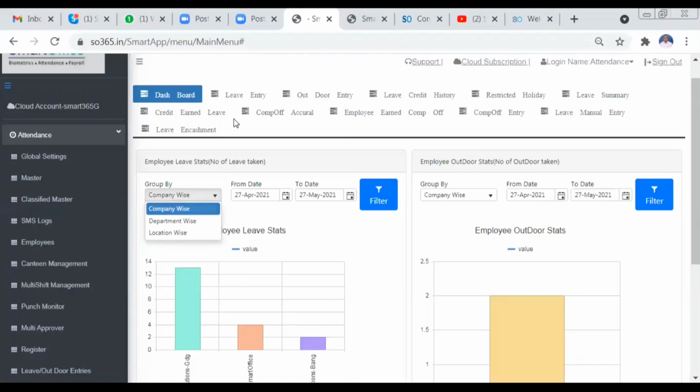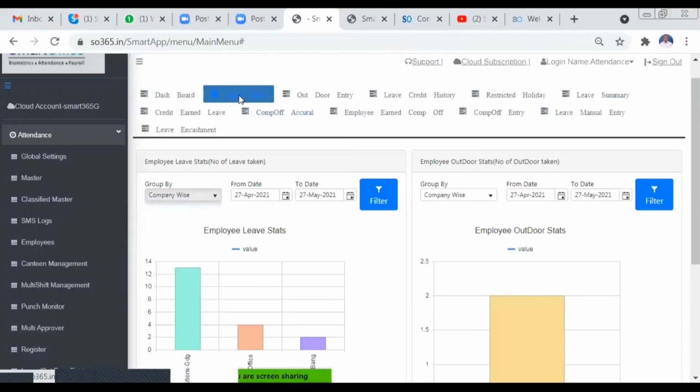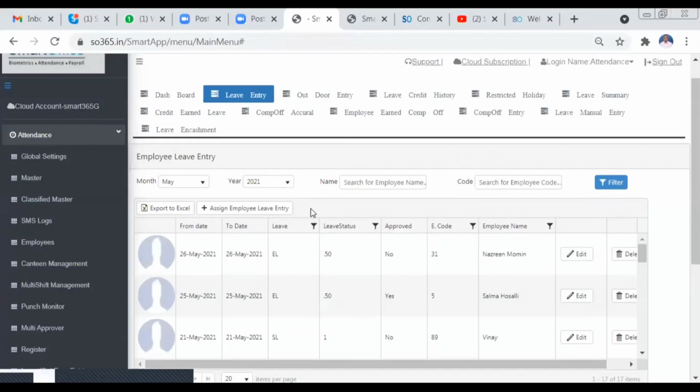And then coming to the leave entry. As we have already explained in the classified master, you have leave types.